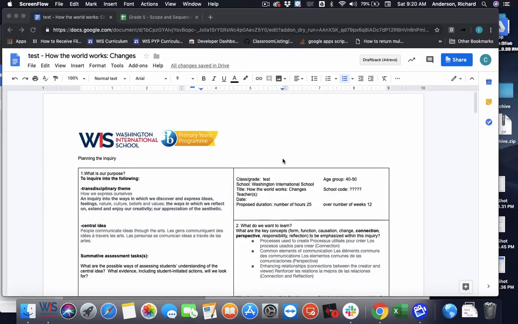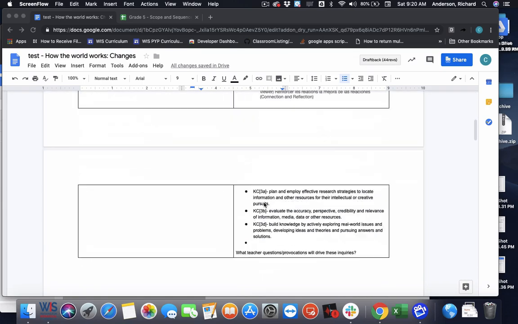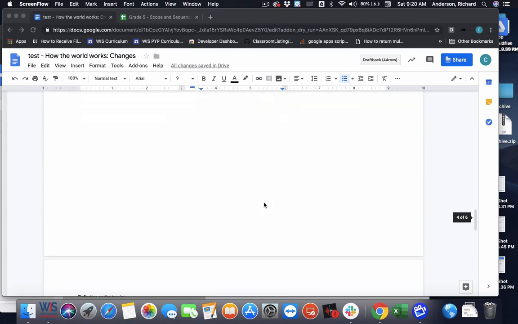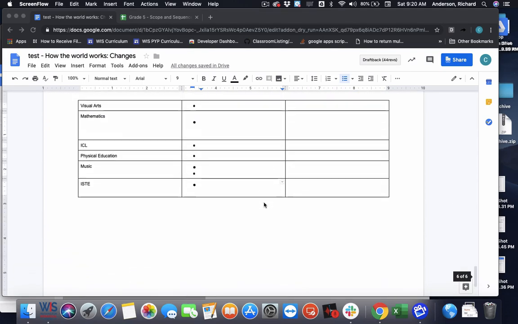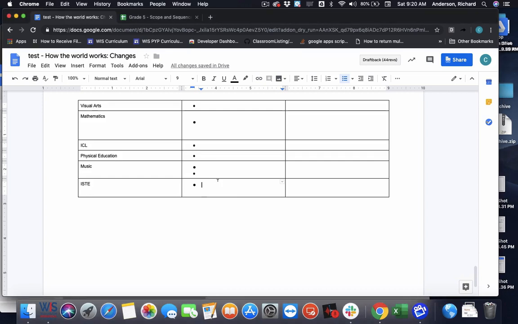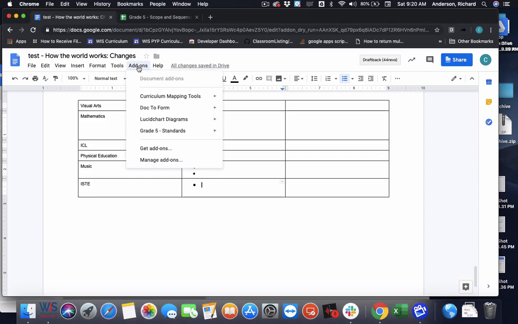In today's video I'm going to give you an update on the standards tracker I've been developing. So just to recap, we've previously created an add-on to insert standards into unit planners like so. So this is a unit planner in my Google Drive folder. And if I would like to insert, for example, ISTE standards, I could launch my